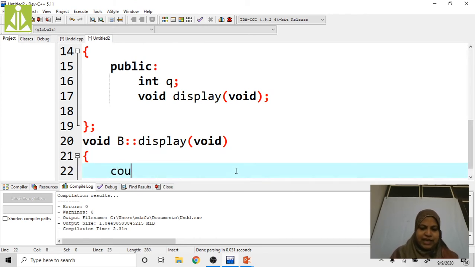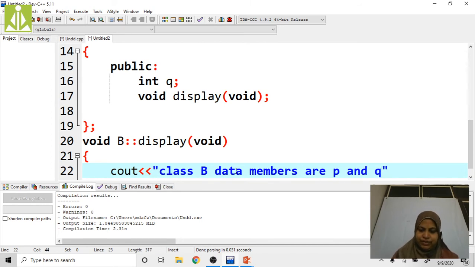Now I am going to print the values of P and Q. Here I write, class B data members are P and Q, right?